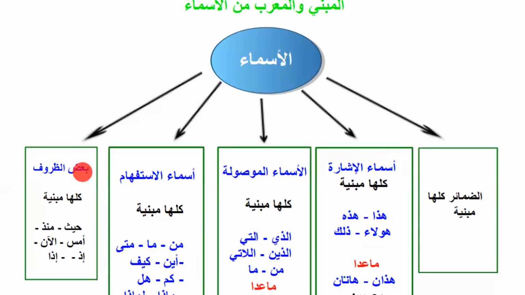Okay. Now we look at Ba'du Zuruf. Here, my intention is not to explain these things, because we have not looked at Zuruf. We only looked at a small part of it. That was some of the Zuruf al-Makan, the Fawqa, the Tahta, the Yamin, the Yasar. We looked at some of them, Amama, Khalfa. So that was Zuruf al-Makan. So a part of it, but we have not looked at it extensively.